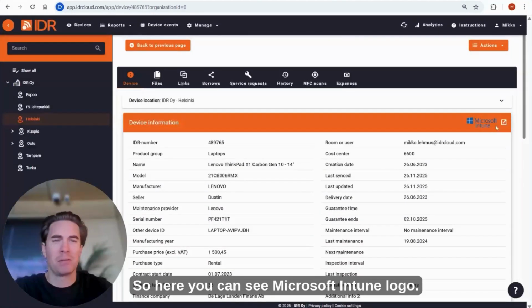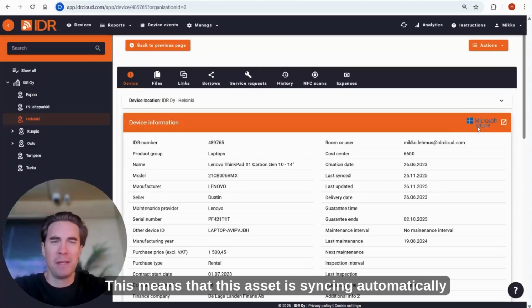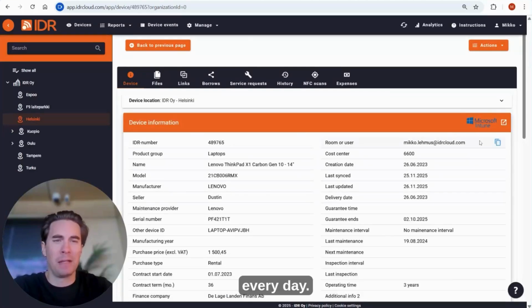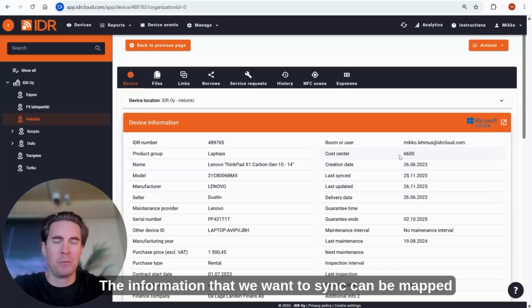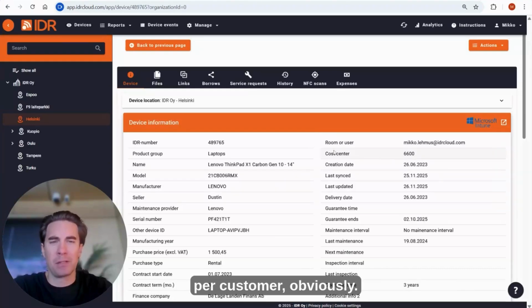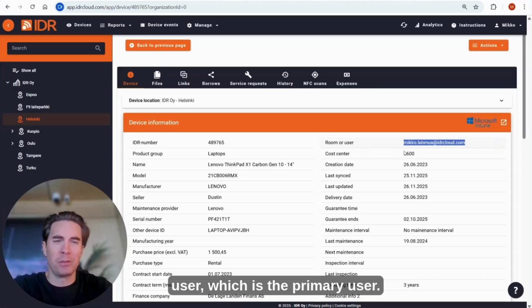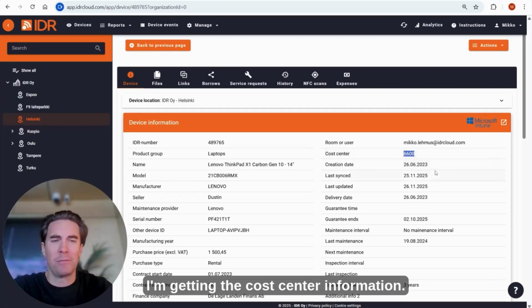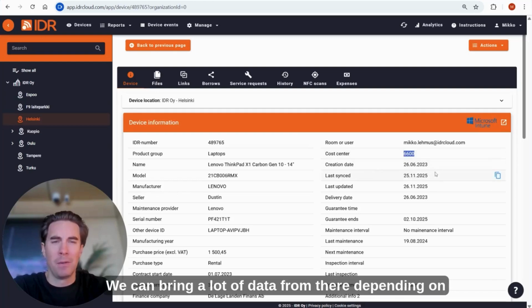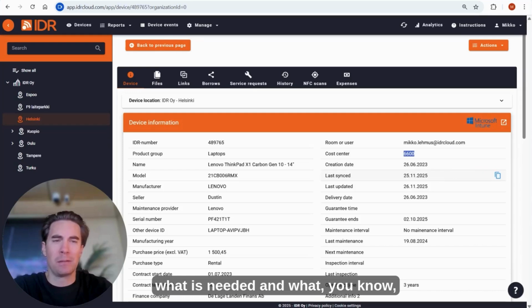So here you can see the Microsoft Intune logo. This means that this asset is syncing automatically every day. The information that we want to sync can be mapped per customer, obviously. So in this case, I'm syncing the user, which is the primary user. Then from the AD profile, I'm getting the cost center information. We can bring a lot of data from there, depending on what is needed and what data we want to